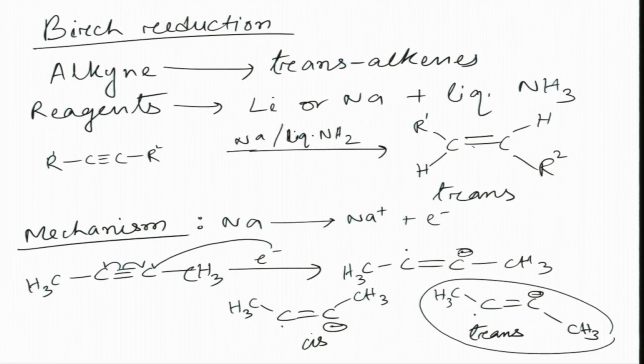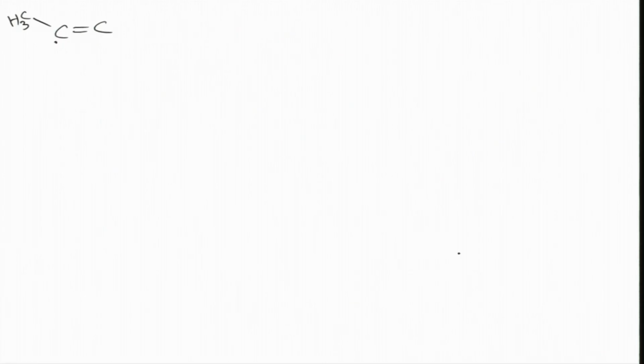This will have a minus charge. So, we have this compound. Now, we have ammonia in the system, NH3. We can write this as NH2 and another H. So, now this minus charge will take up this hydrogen